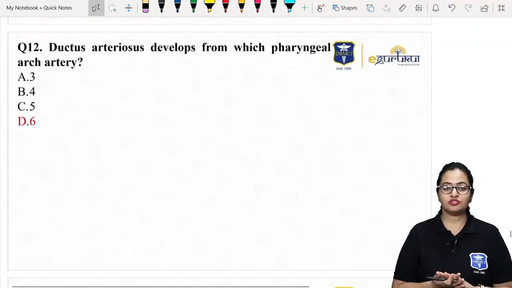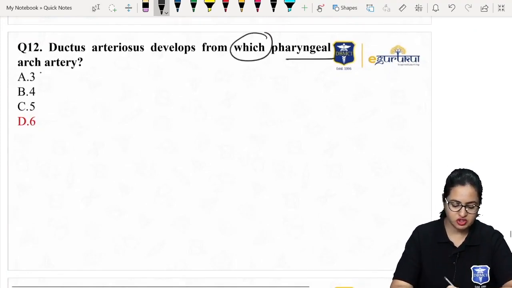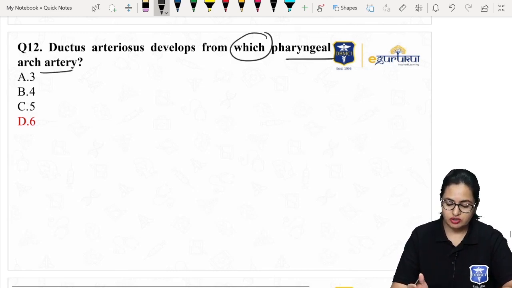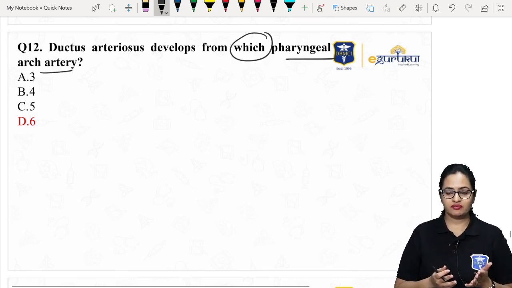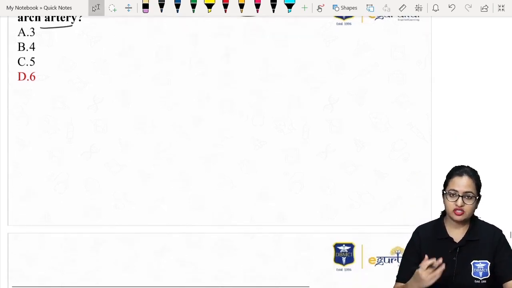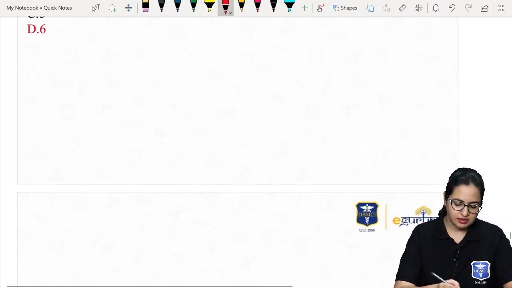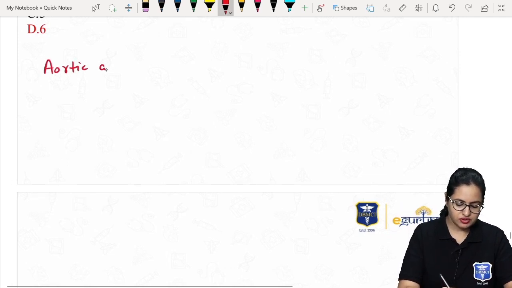Okay, now coming to this question, it says the ductus arteriosus develops from which pharyngeal arch artery? When we are talking about the pharyngeal arch arteries, initially we have 6 pharyngeal arch arteries, in which the 5th completely disappears, and the rest of the pharyngeal arch arteries give rise to various structures. So when we talk about these aortic arch arteries,